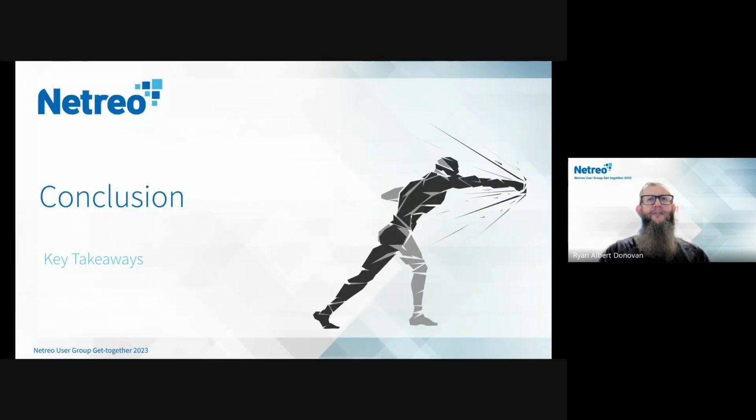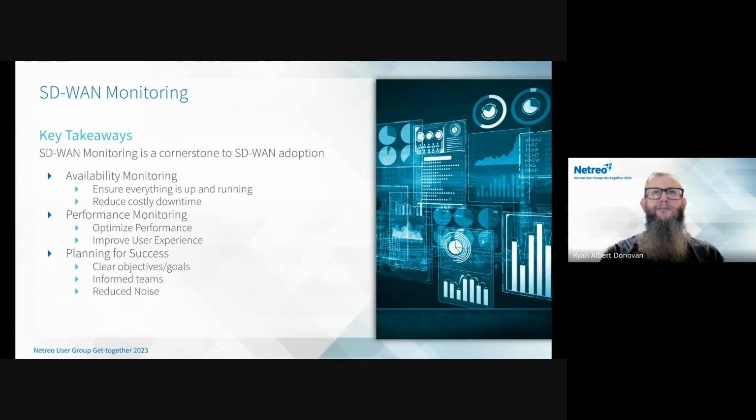Throughout today's session, we've learned that SD-WAN monitoring is not just an option, it's a necessity in today's network landscape. Here are the key takeaways to remember. Availability monitoring. Continuous monitoring ensures that your SD-WAN network is up and running when you need it, reducing downtime and disruptions. Performance monitoring. Optimizing network efficiency and prioritizing critical applications through performance monitoring is vital for a seamless user experience. Best practices. Implementing best practices such as clear objectives, metric selection, regular policy updates, and team training maximizes the benefits